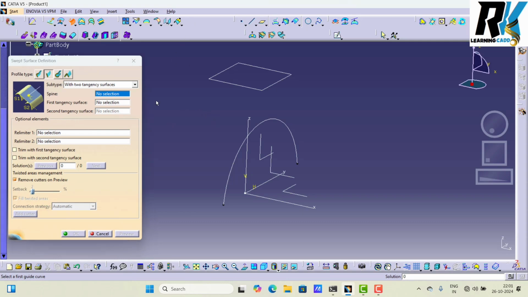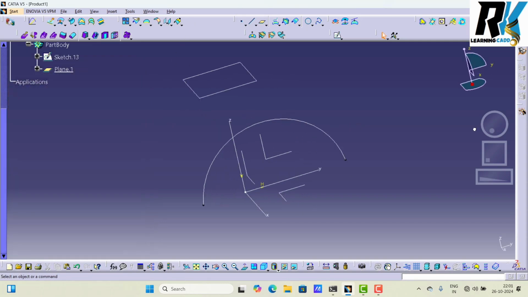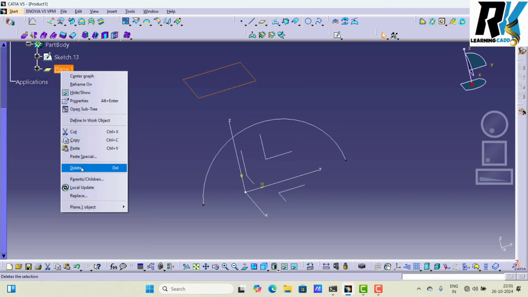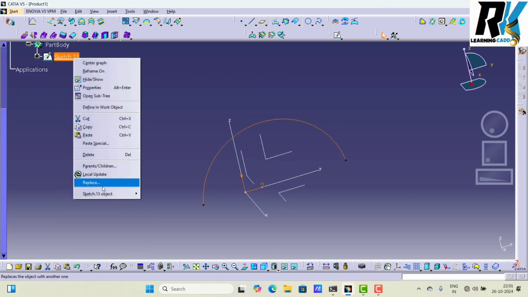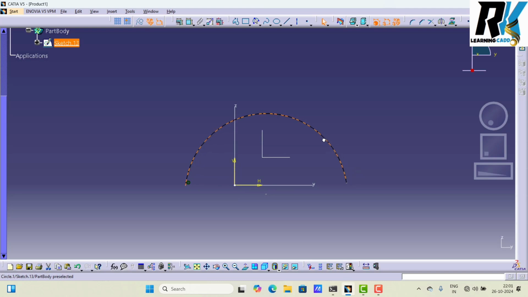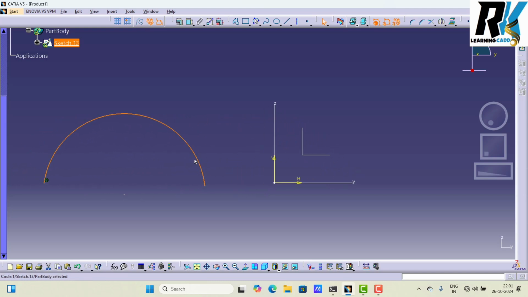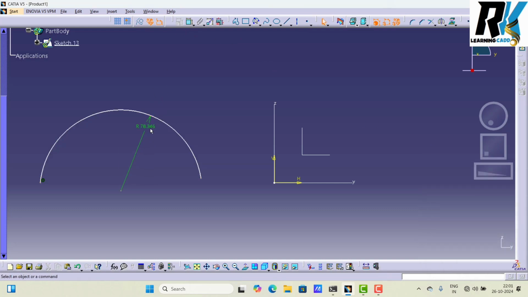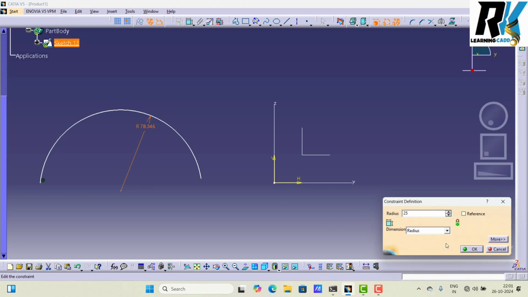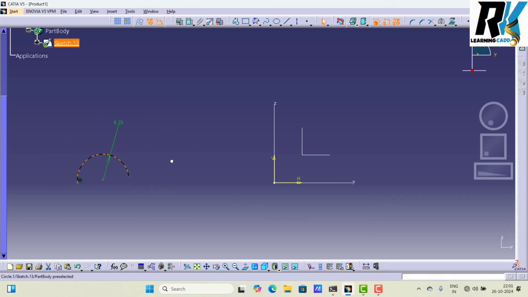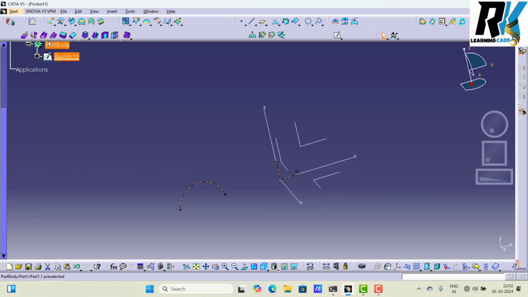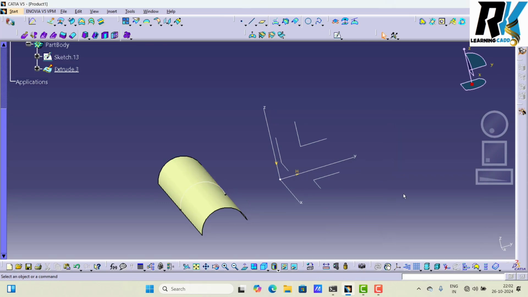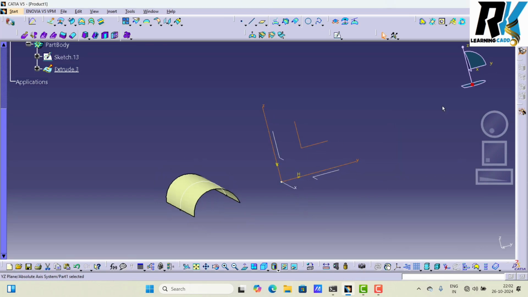Okay, so here we need with two tangency surface. So this is the datum plane. Go to here, edit this sketch. This one you keep here, okay, and give dimension, not this one, this one, and I made here 25 radius. Okay, this one drag here, and I finish it. I use extrude, so those side I make here, and again same datum plane selected.